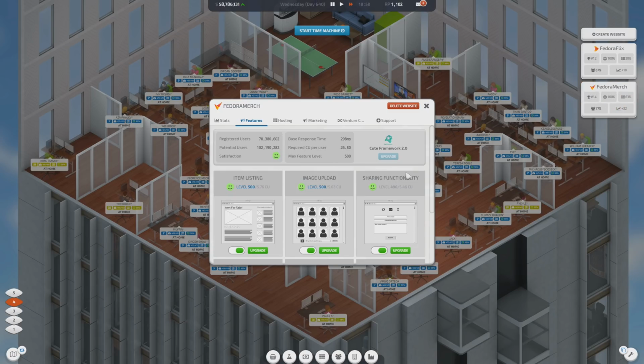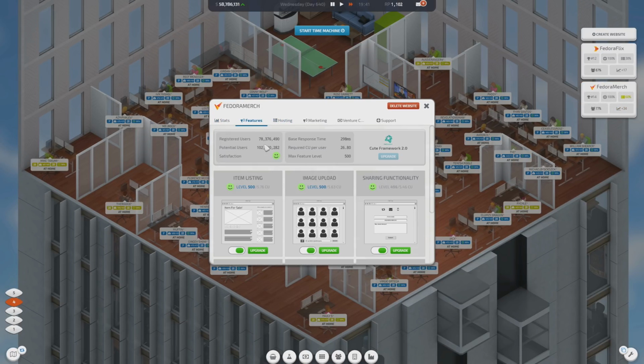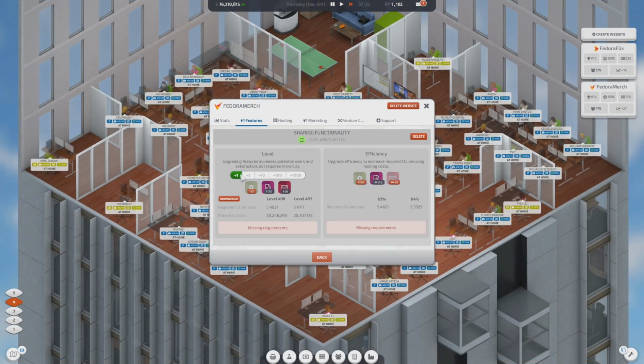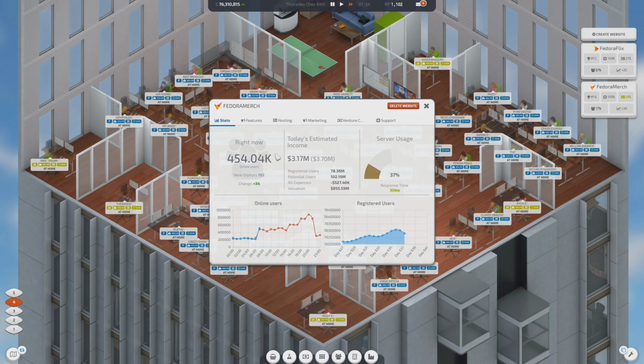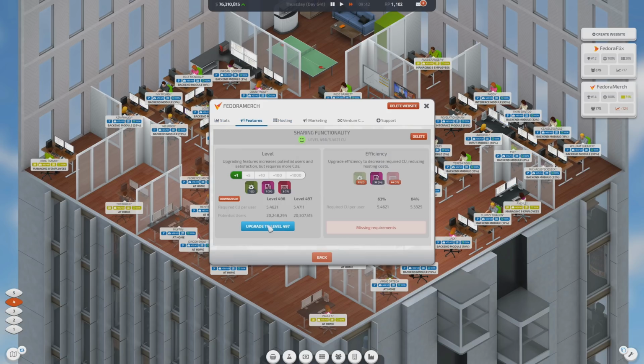Now, efficiency-wise, not necessarily the greatest of decisions. We're actually probably losing people now. Yeah, the instability is causing us to drop users pretty rapidly here. But I don't really care about a few thousand users when I've got 78 million in the bank. 78 million users, whatever. If our net users is a loss at the moment, not the biggest of deal. It's because of efficiency. That's gonna get fixed right now because we are going,